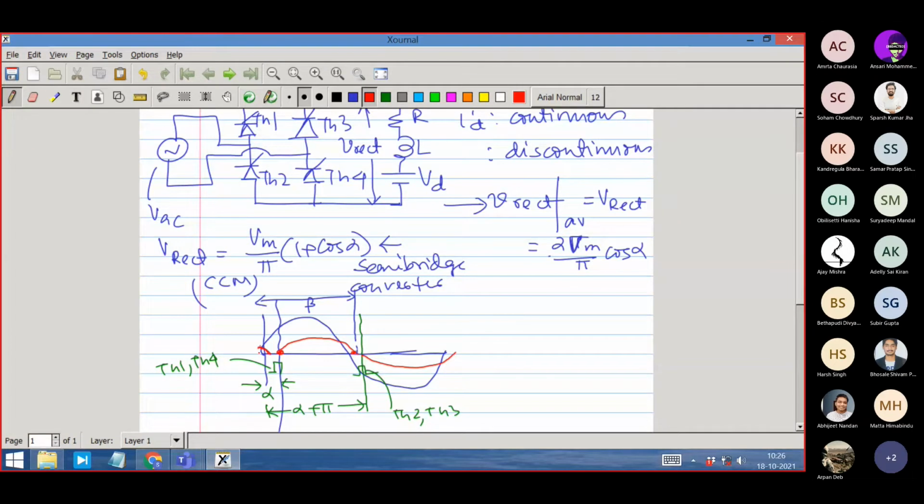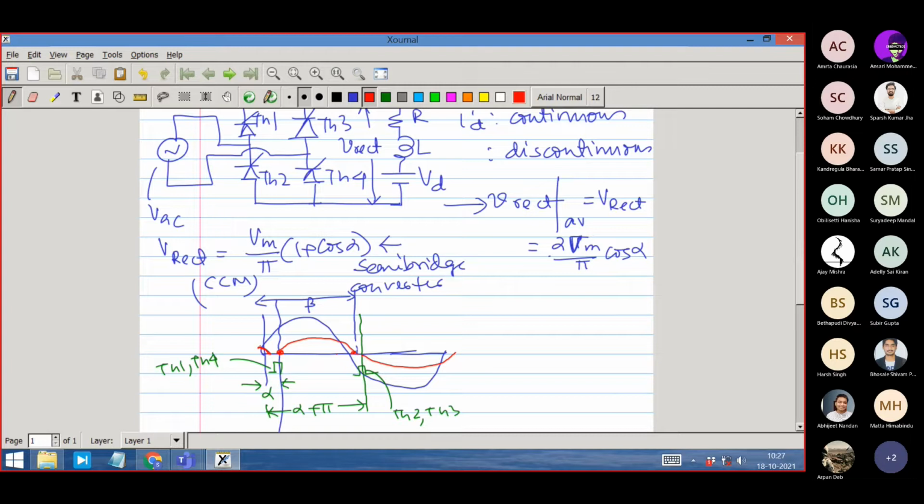So this is what is discontinuous, and I have drawn it as a nice sine wave. It is not so. The shape is not a sine wave. You must understand that there is no reason for the shape to be sine, because the voltage applied across the RL circuit also has a DC voltage applied. So a combination of the AC voltage and the DC voltage will produce the current. So the current waveform is not sinusoidal, right?